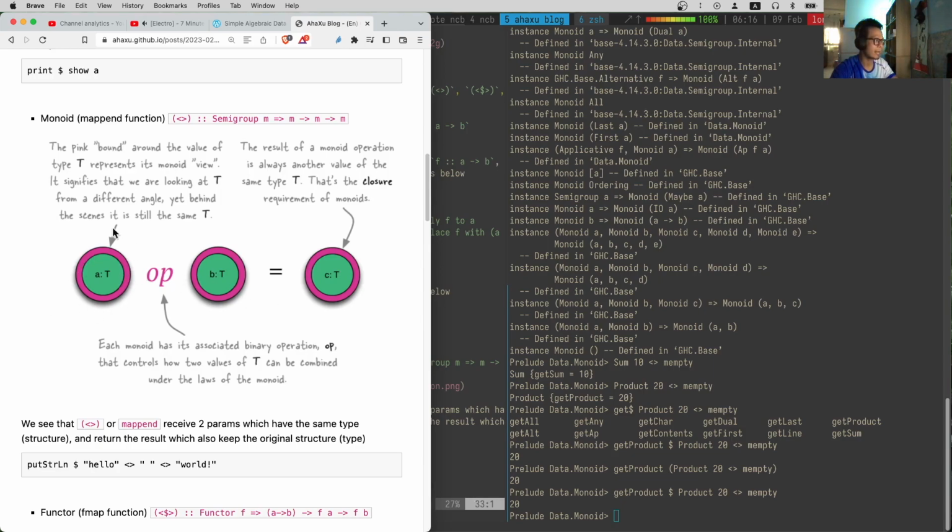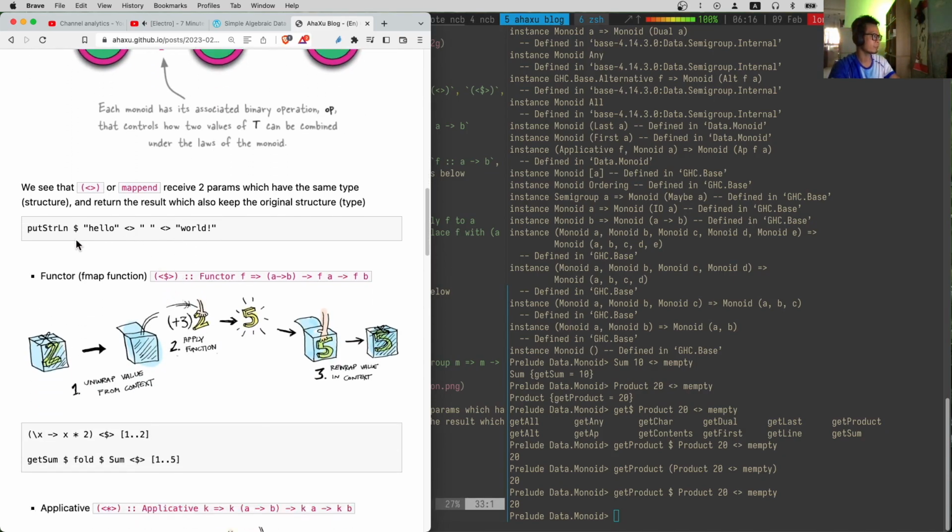So you can see that the type of A, the type of B, and the type of C are the same type. So the structure of monoid, in the mappend function, does not change after we apply the mappend function. Okay,